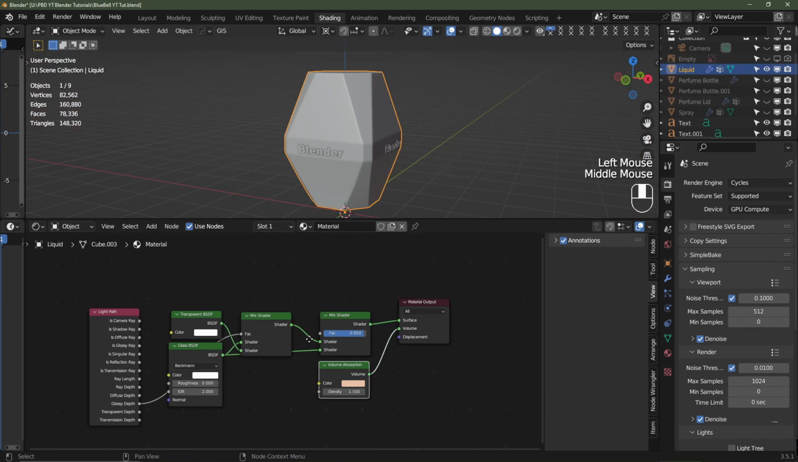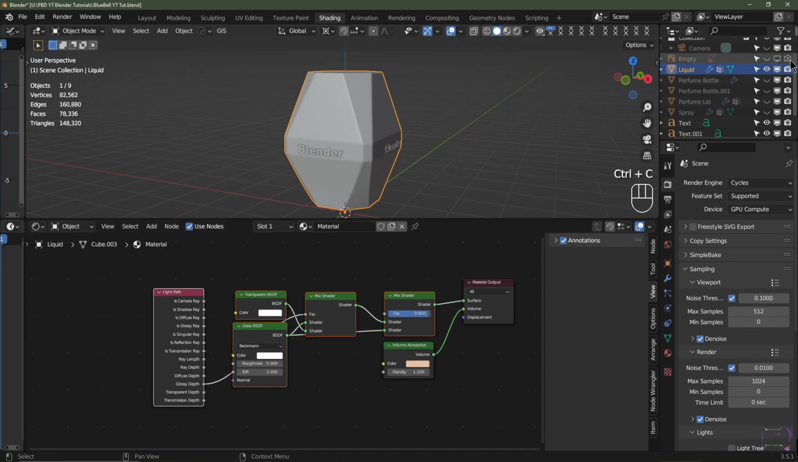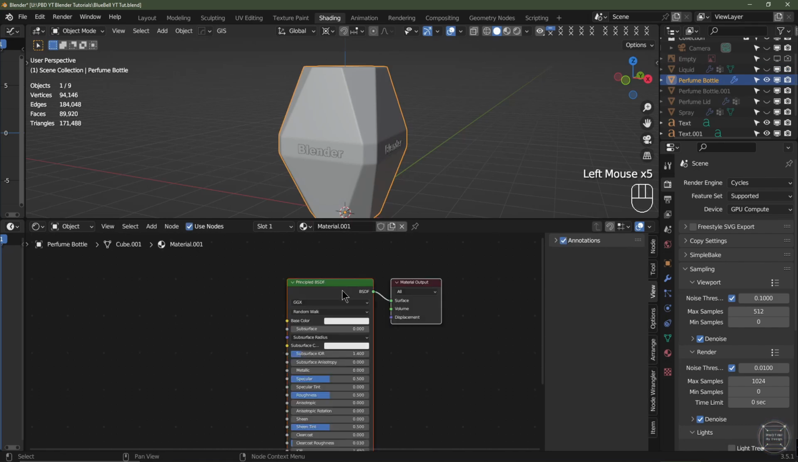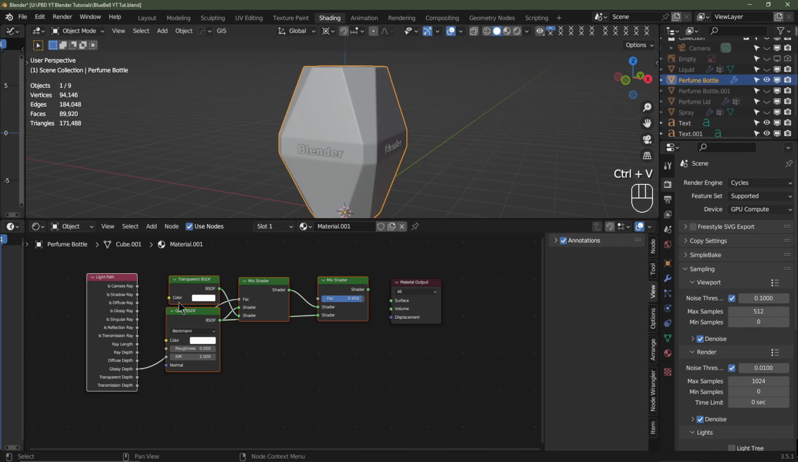The next one is going to be pretty much the same setup, apart from without the volume element. So I'm going to box select all these nodes here, make sure I've got an active selected node. I'm going to hit Control C for copy, and then I'm going to mute the liquid, unmute the glass bottle. I'm going to add a new shader. I'm going to delete the principled BSDF, and then I'm going to hit Control V to paste those nodes that